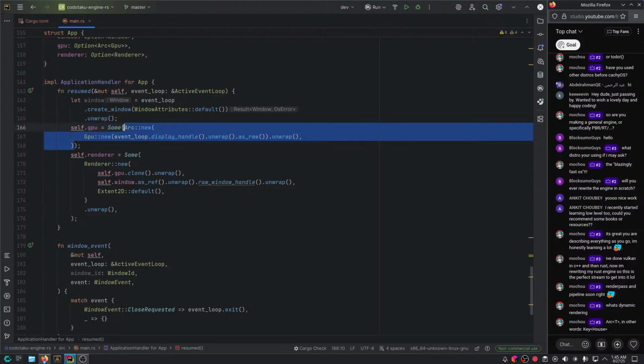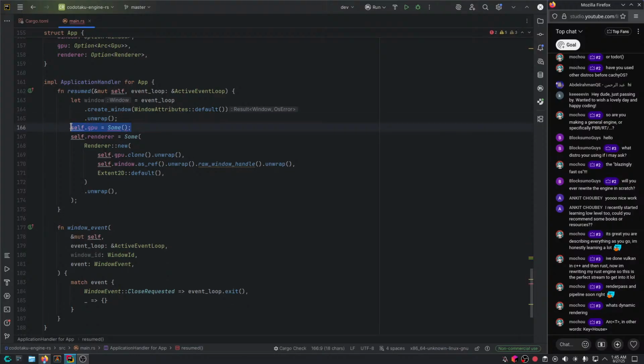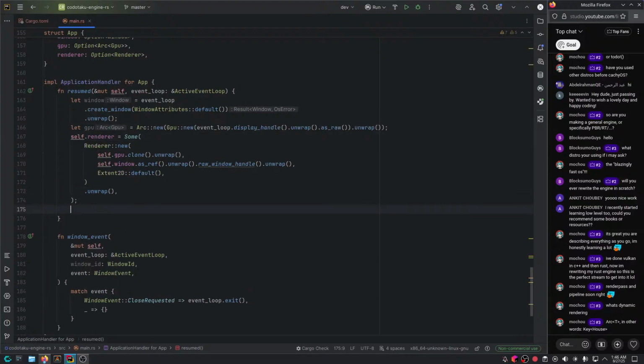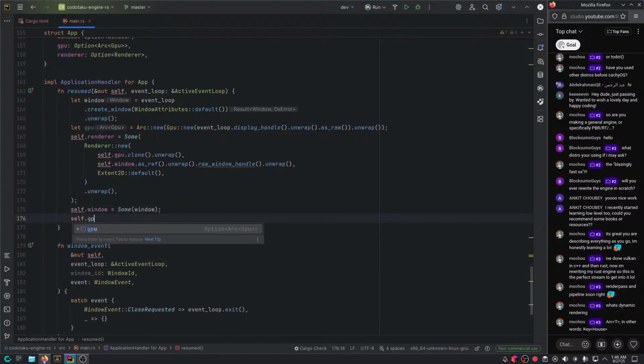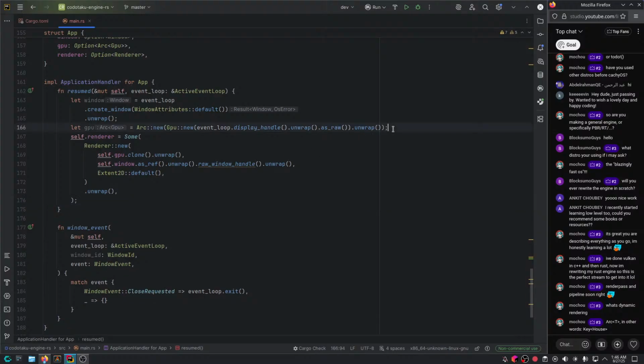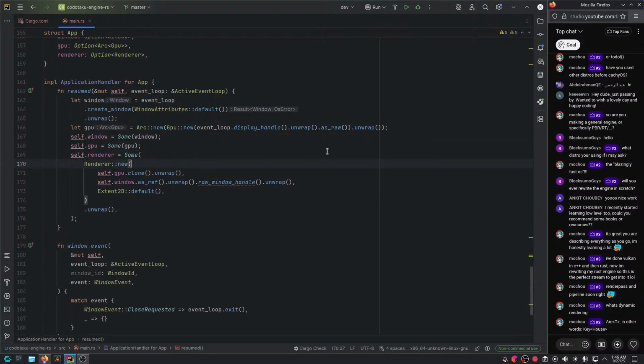Same thing with the GPU. Create the window and the GPU first, and then once you're done with all that stuff, we could set self.window equal to some window, and self.gpu equal to some GPU. Now, of course, this wouldn't work if you do it beforehand, because Rust would enforce that, I believe.